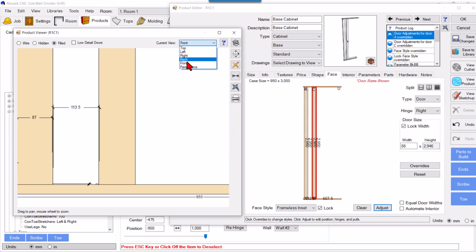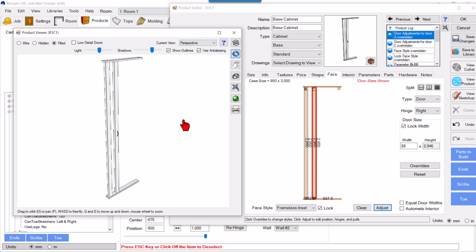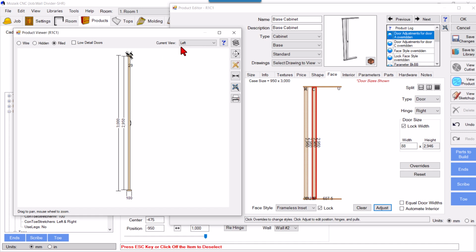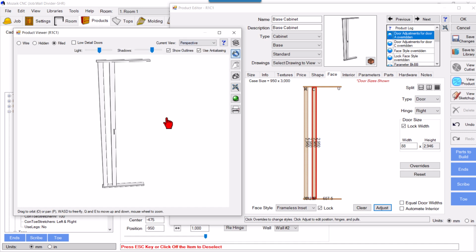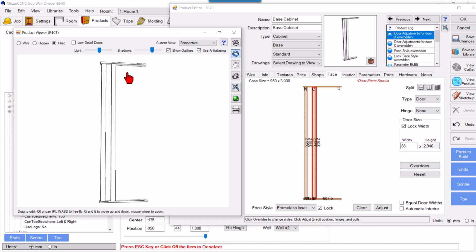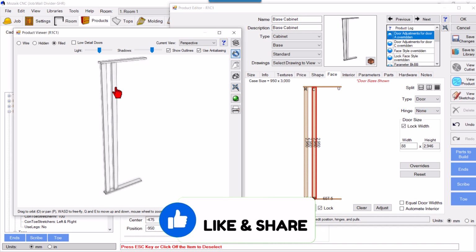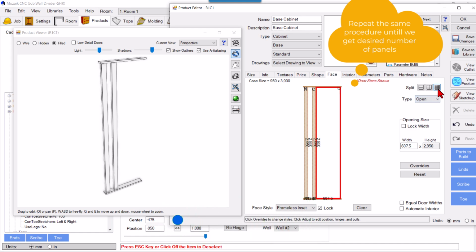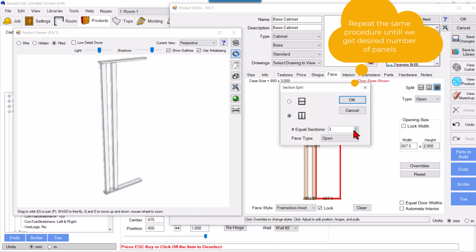Okay, now it's done. See, if you see the left side, it's done, right? And we will make hinges none, right? See, so we have added this one. Similarly we will add others also. So I will just fast forward the video a little bit. So again we will divide it into